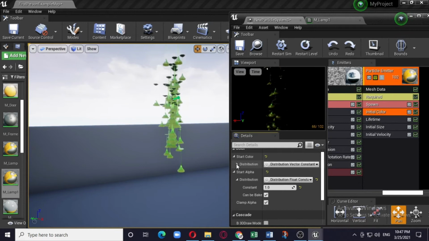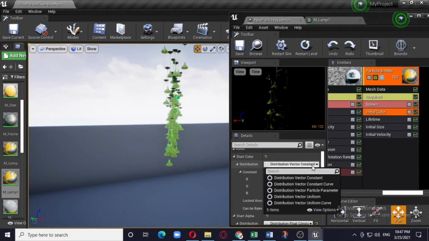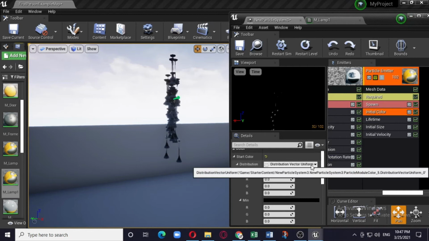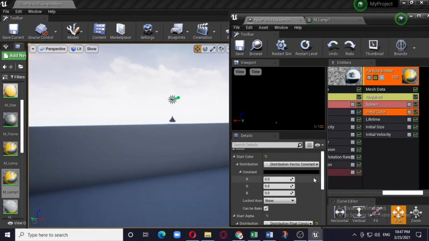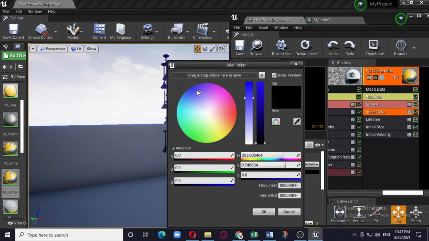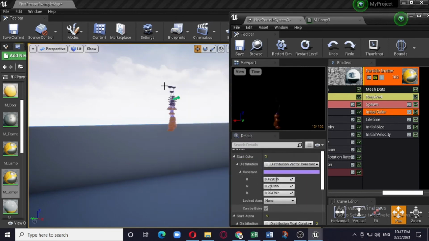So on the distribution part, if you make it uniform, there is something called max and minimum. Earlier what we did was vector constant, so there is only one color which will be considered. Whatever color you want to give, whether it is blue, green or whatever, it will consider it as one color.